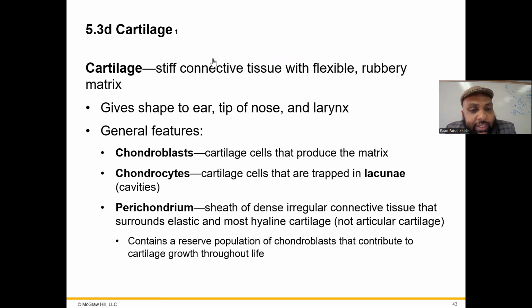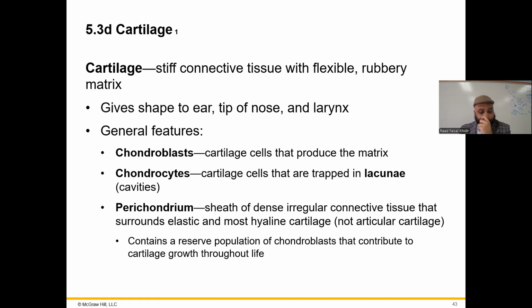Cartilage. Cartilage is a stiff connective tissue with a flexible rubbery matrix. It gives shape to the ear, the tip of the nose, and the larynx. The general features are chondroblasts, cartilage cells that produce the matrix, and chondrocytes. These are cartilage cells that are trapped in the lacunae. These are the cavities,